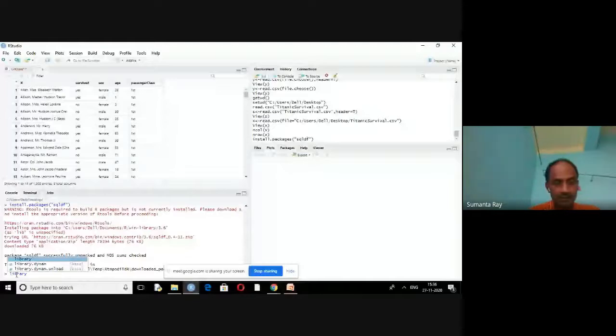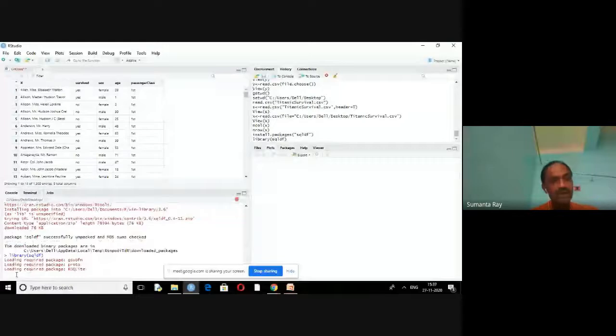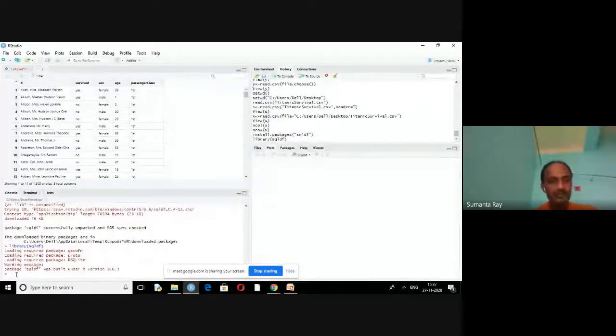Clear? Now you just write the command sqldf. A message like this may appear: loading required package gsubfn, loading required package proto, loading required package RSQLite. When this type of message comes, you have to install all those packages.